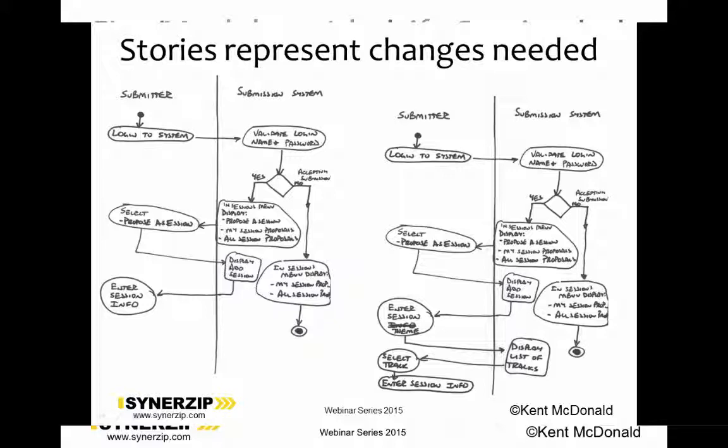Another thing that models are helpful for is if you are in a situation where you're going from an as-is situation to a to-be. So if you're supporting an existing business process and you're making changes to it, it can often be helpful to map out the process in the current state and future state first, then identify where the changes happen, and then the stories you identify are basically what do we need to do to get from current state to future state. So what we've got showing here is in 2013, when we redid the submission system, we